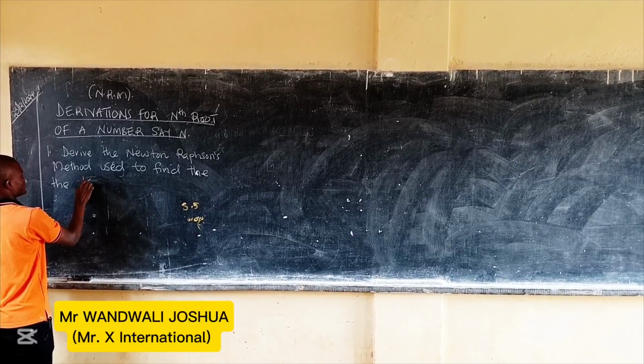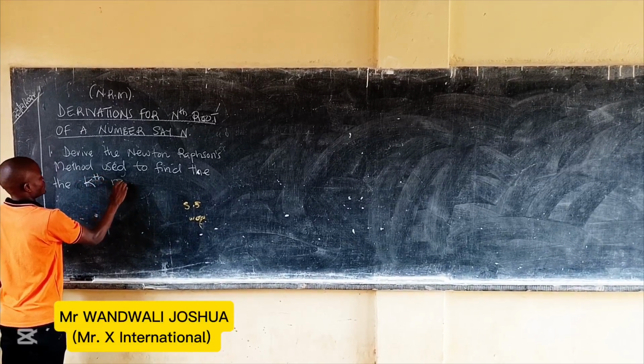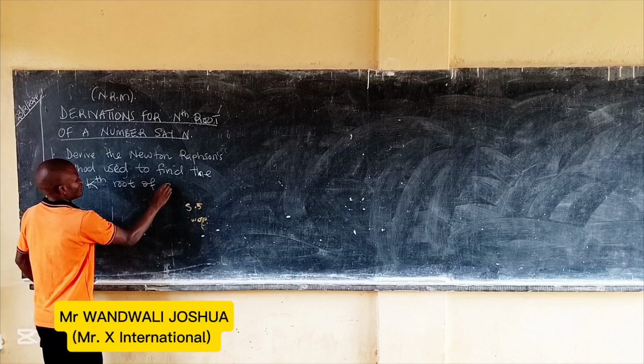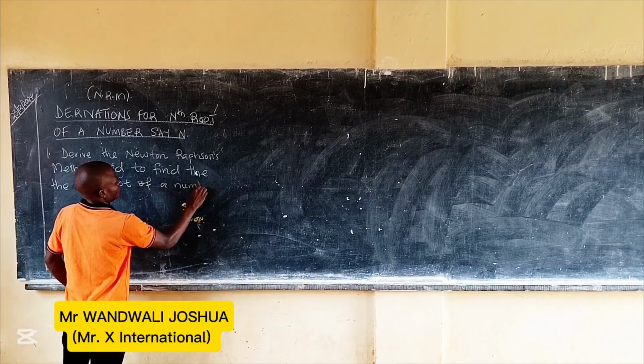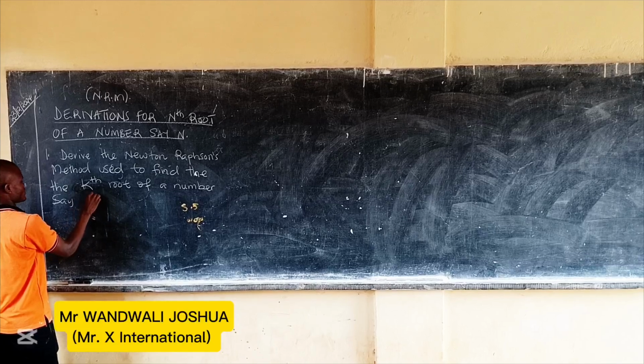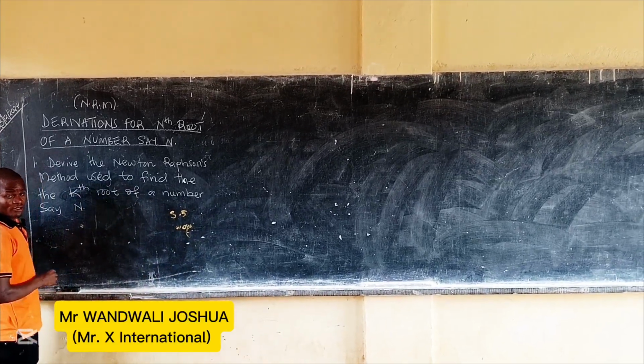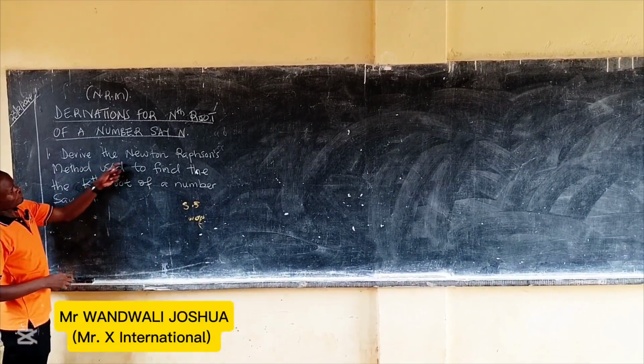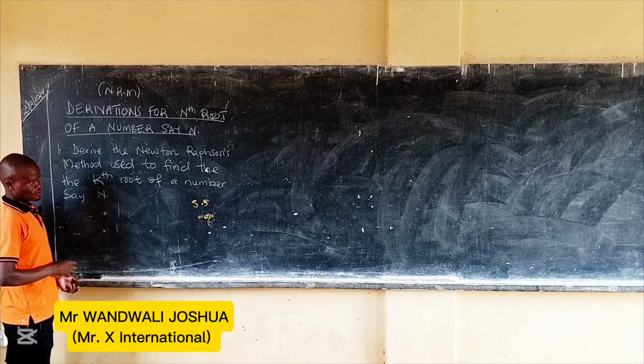Let me use the kth root of a number, say n. Now in the solution for this, when you want to derive the Newton-Raphson's method usually to find